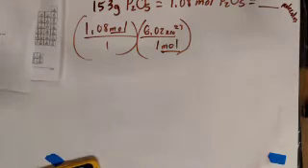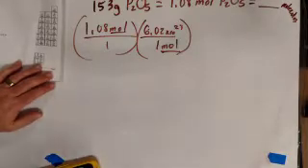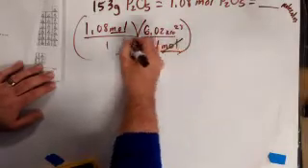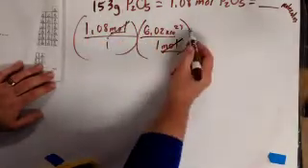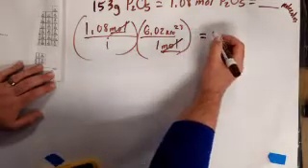It doesn't matter if they're molecules or atoms or eggs. If you have a mole of something, you have 6.02 times 10 to the 23rd. Just like if you have a dozen of something, you have 12 of them. Okay? So our moles are going to cancel, multiply across the top, multiply across the bottom, and we're going to be left with